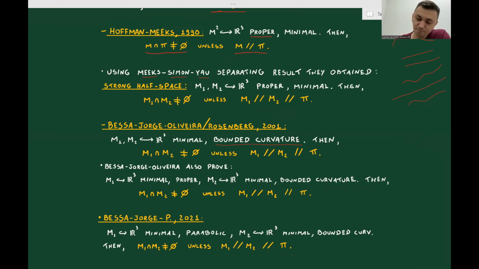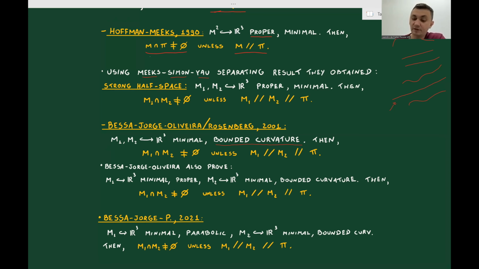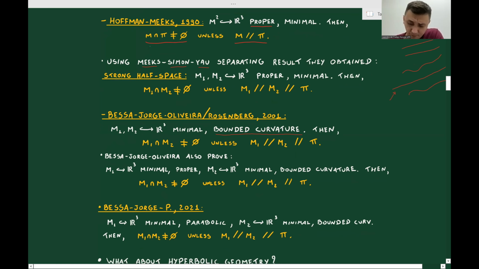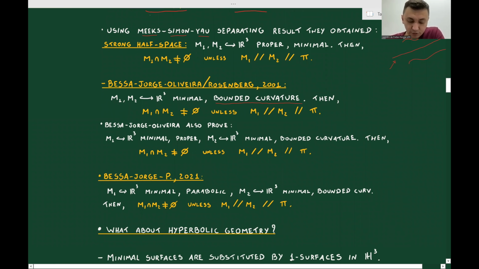So as before, the main part to prove this kind of result is to build a plane in between them. In such a way, they also use the same idea of Hoffman and Meeks. But to build this plane in between the surfaces, they applied a geometric way to prove that. Okay,